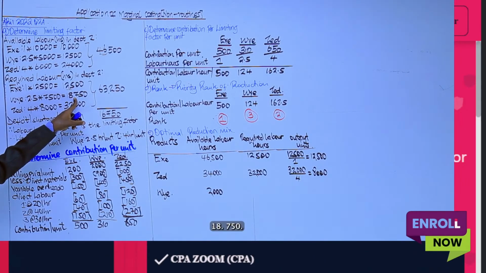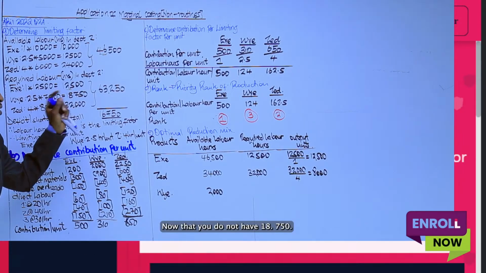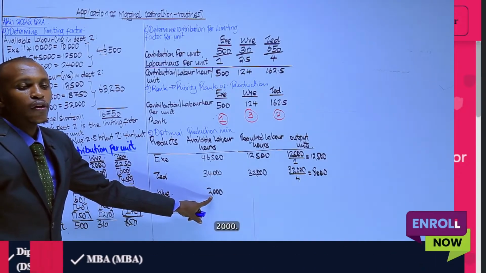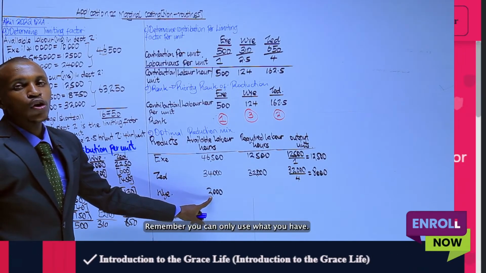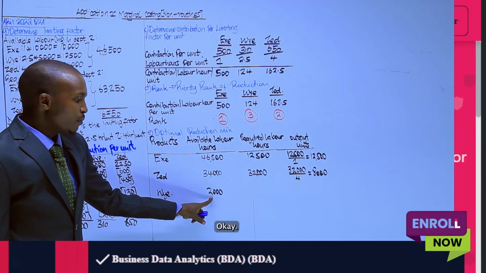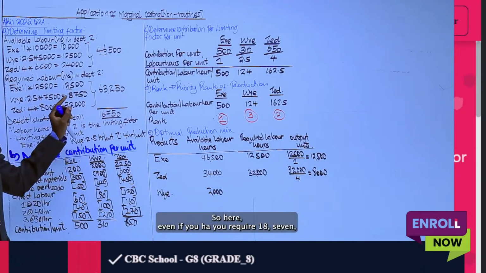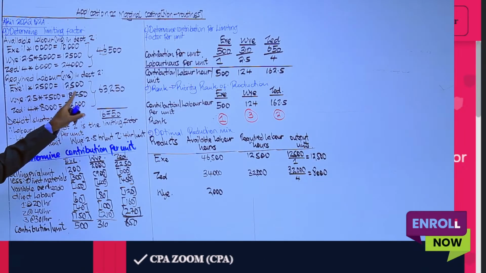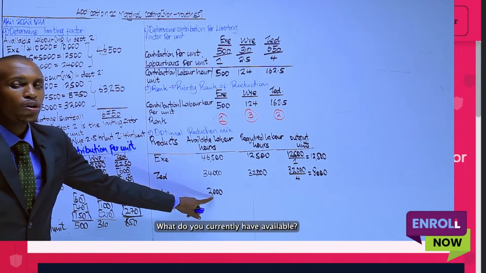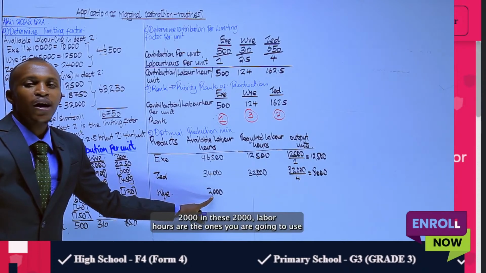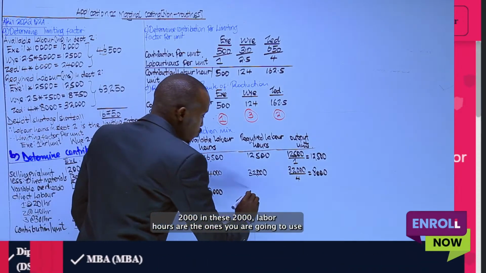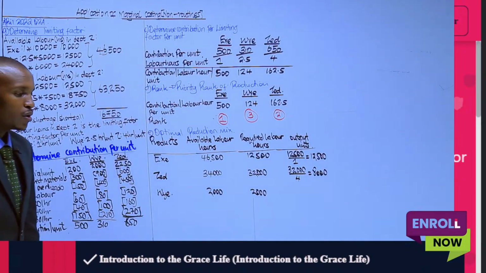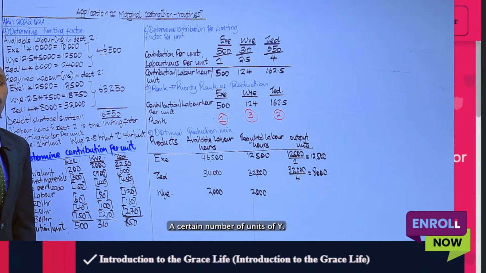Remember, you can only use what you have. Even if you require 18,750 hours to produce Y, what you currently have available is 2,000. And these 2,000 labor hours are the ones you're going to use to produce a certain number of units of